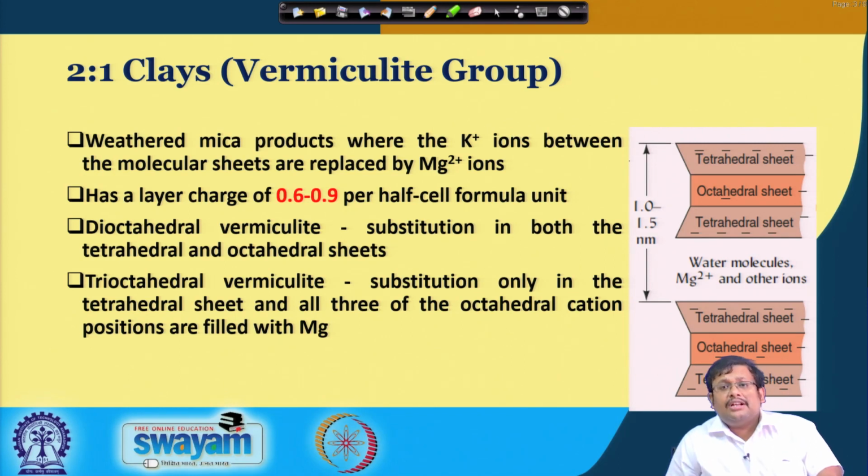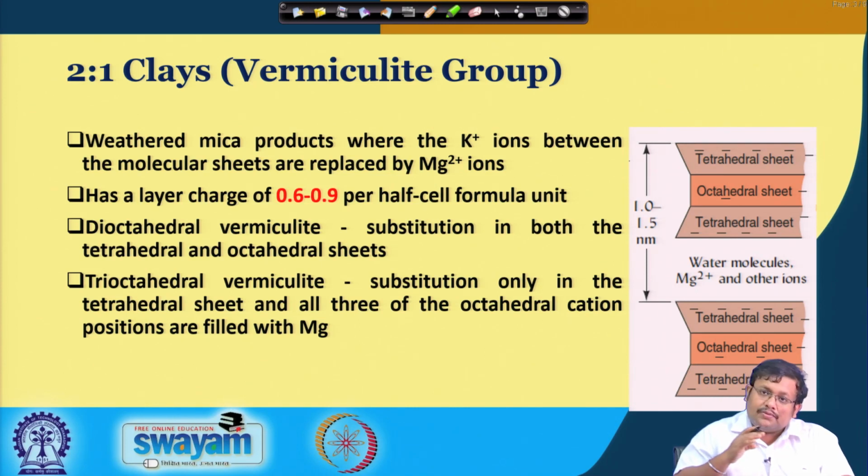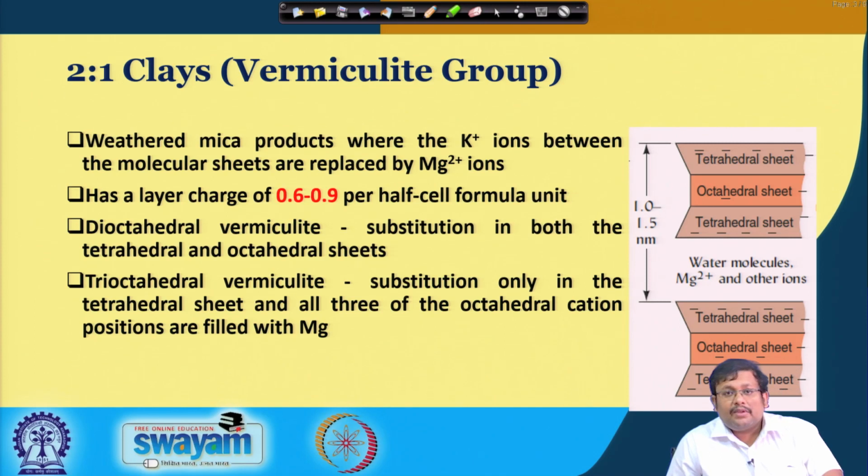Now, another important mineral is vermiculite. Vermiculite is basically a weathered product of illite. When illite goes through further weathering, it converts to vermiculite. So, it is basically a weathered mica product, because mica is the major mineral from which the illite has been formed, and then further down this vermiculite